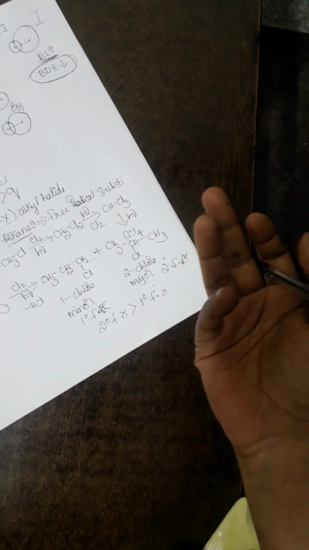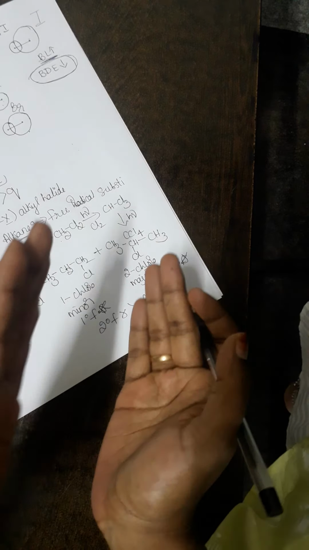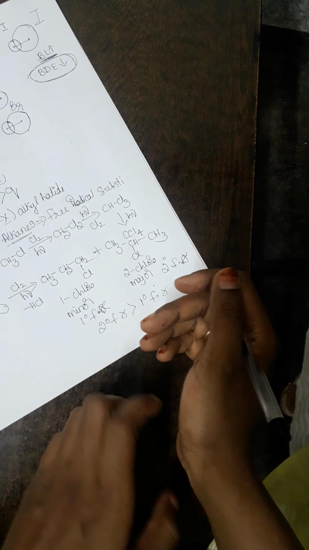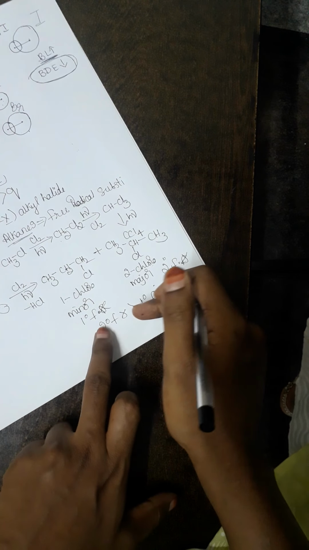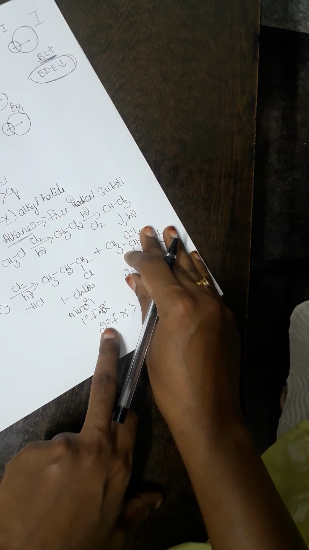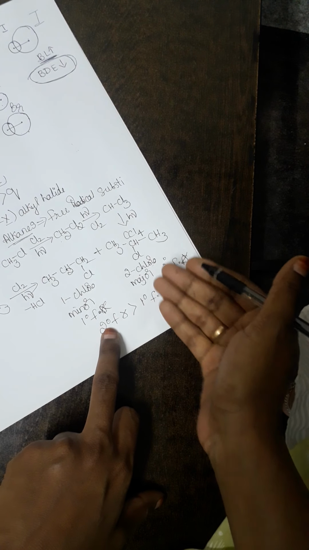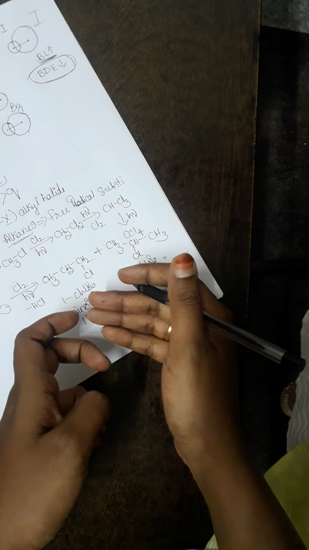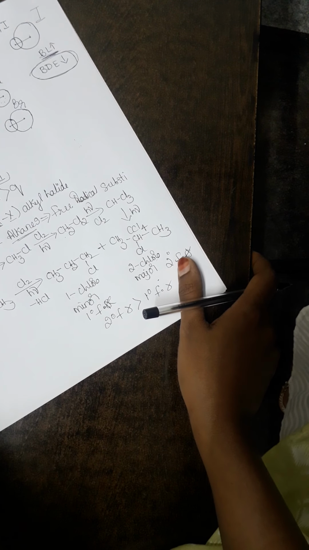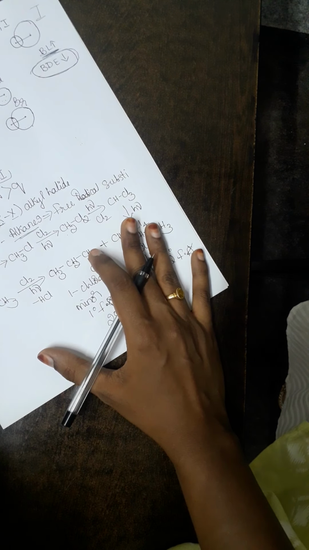So whichever is more stable will proceed further, because it forms a product. If they are less stable, they'll revert back and give back the original reactant. So stability matters here. We can conclude that since secondary free radicals are more stable, that will end up with product formation, and that itself is the major product. On the other hand, something less stable will form a minor product. So this is regarding the halogenation method.